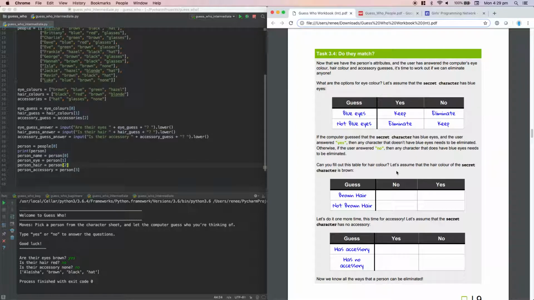So they might have blue eyes. And now we have the guess feature. So we might have asked, do they have blue eyes? And then we want to have a yes answer if we want to keep them. If we got no,